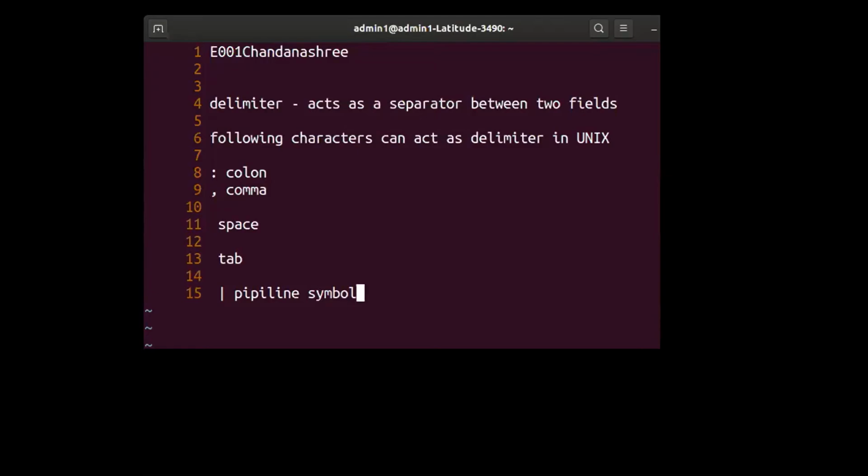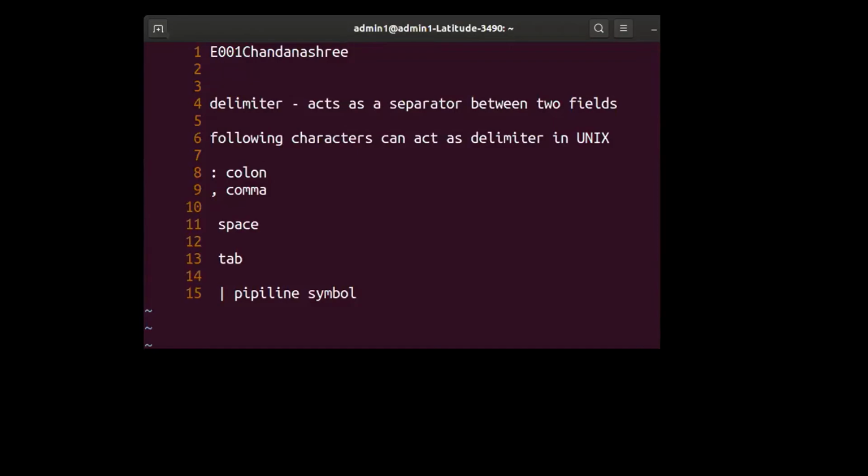But for various reasons, avoid using space and tab. Whenever you are keeping track of an employee name with a first name and a last name and a blank space between them, the blank space will be treated as a delimiter, and your first name will become one field and your last name another field. You have to take care of that as a programmer, but I always feel that colon is one of the best examples of a delimiter, so we will also use colon as a delimiter in our discussion.